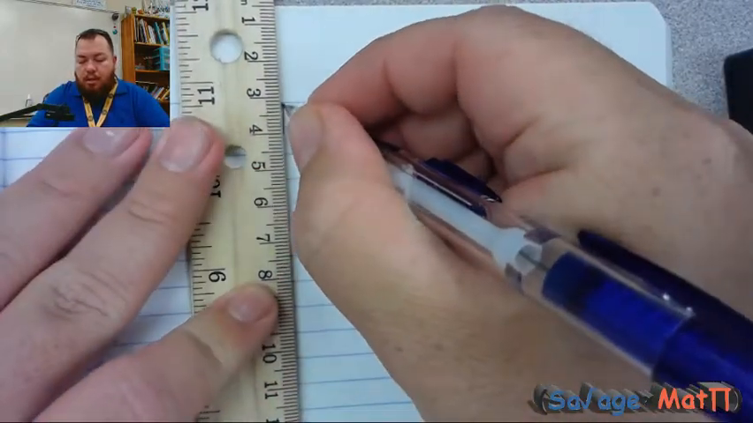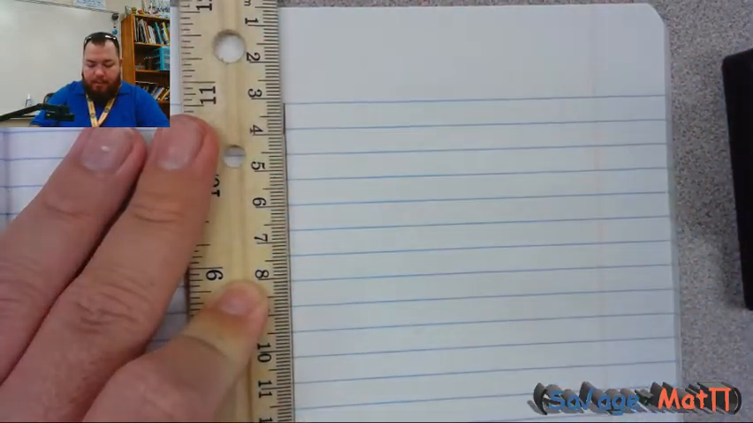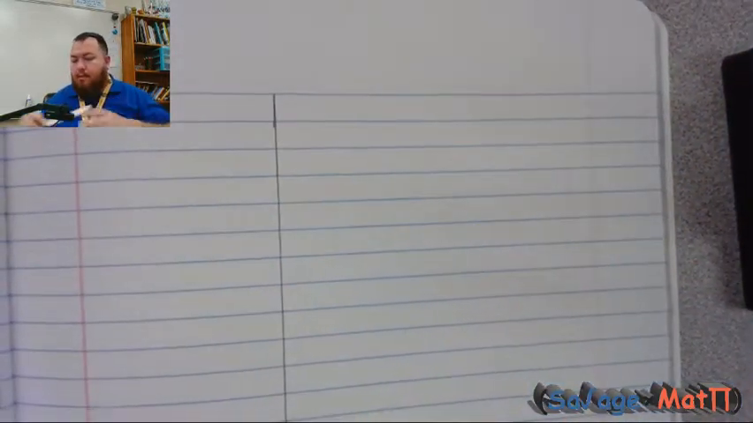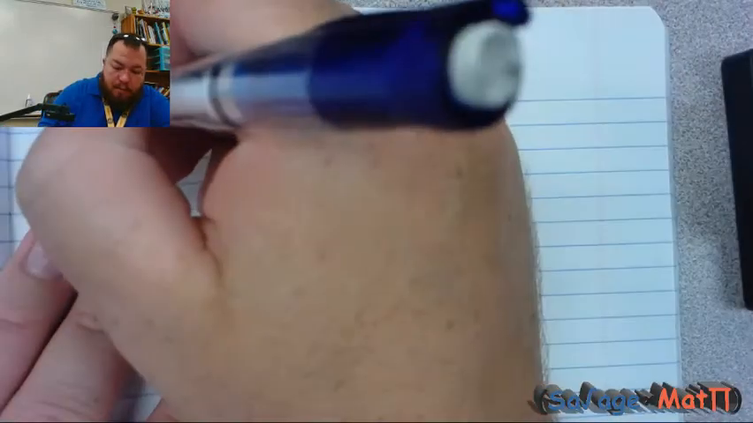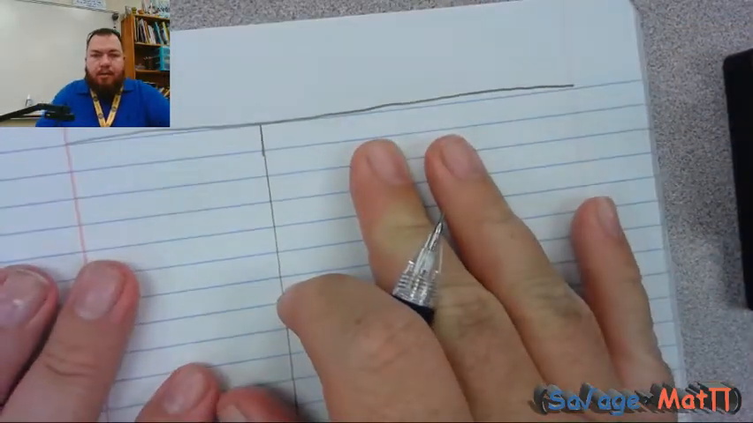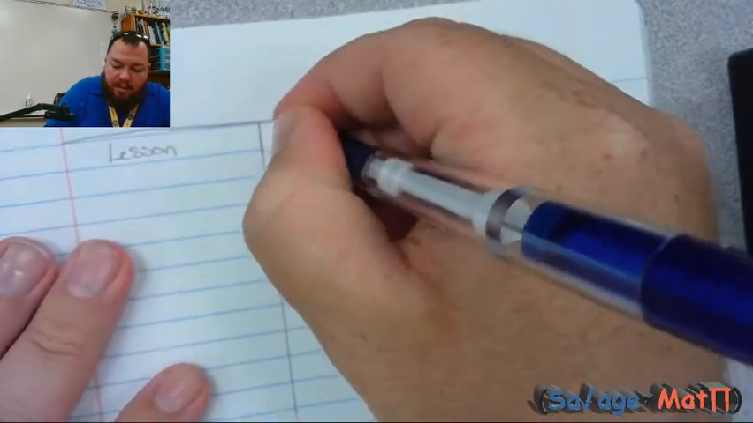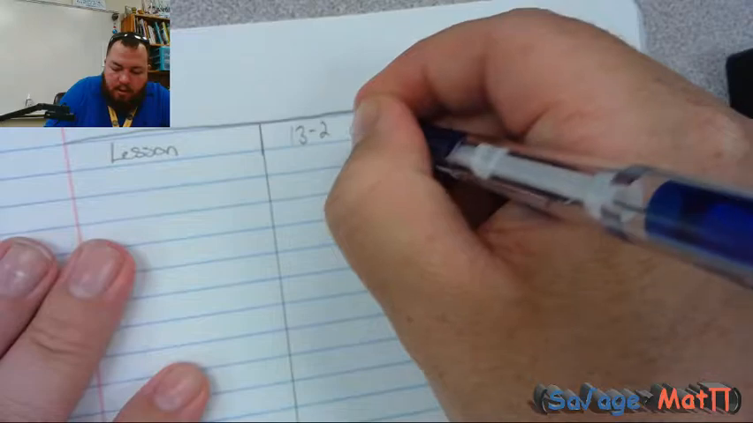Alright, and then try to draw somewhat of a straight line. Then we do our lazy eye across the top. And the first thing we're going to write up there is our lesson. And our lesson is 13-2, converted